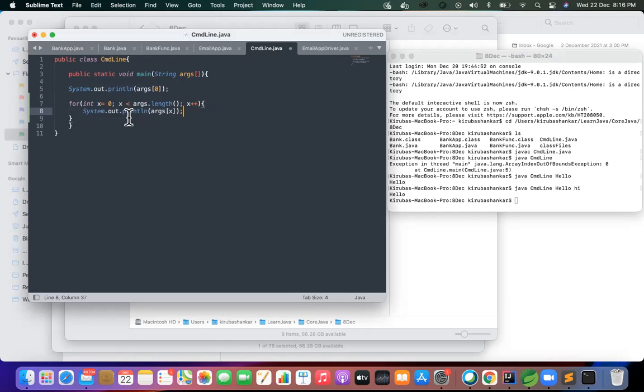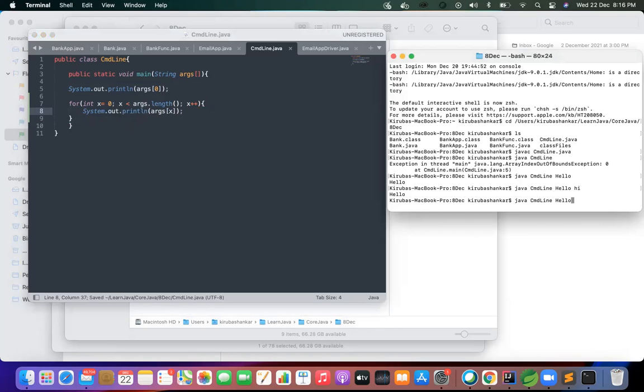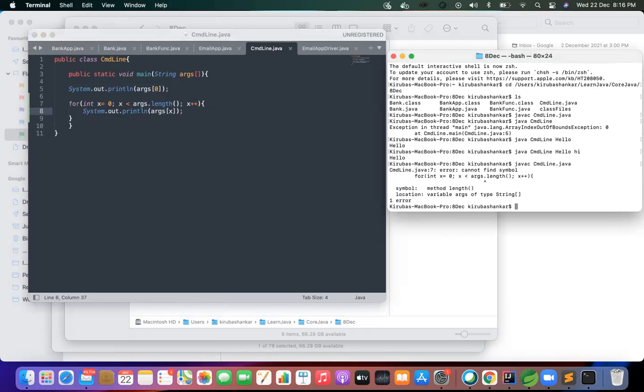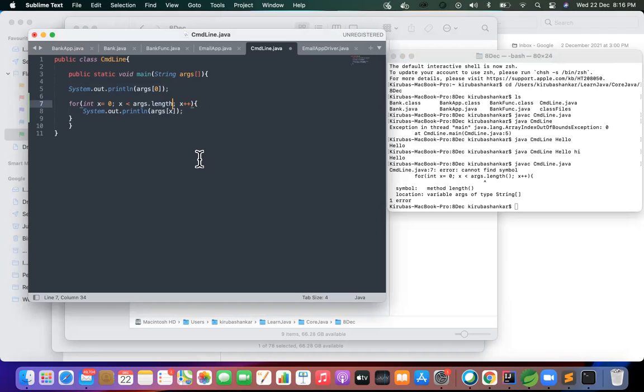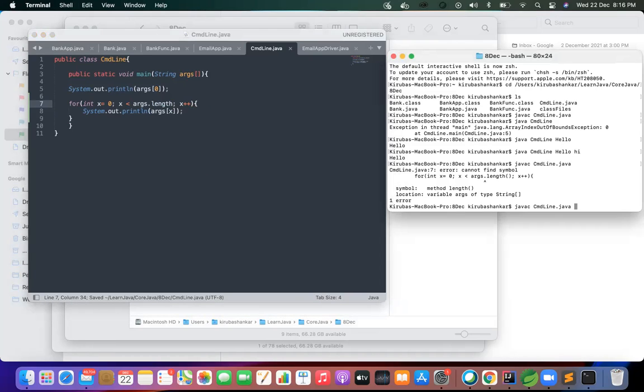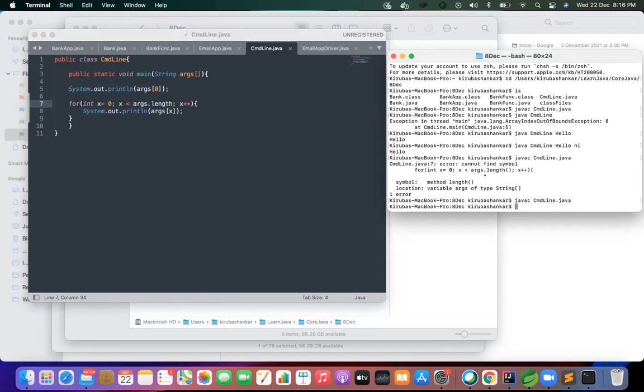Save it. No, the length is just an attribute, not a method, so you can remove these braces. Okay.